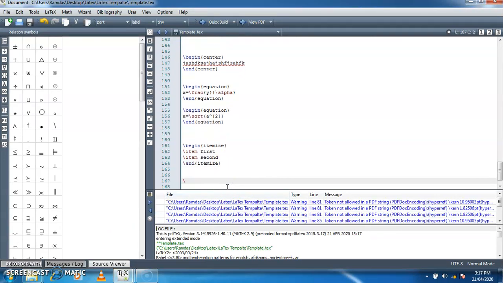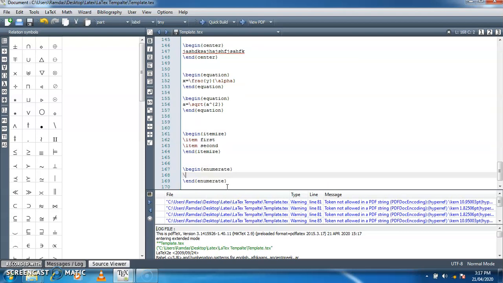Now if I want to assign the numbers to my points, then I need to use the command begin enumerate. So this is the command, and again you need to use the keyword item, and suppose first, and for the second item I will use the command again slash item second, which will assign the numbers, and itemize will assign the bullets.